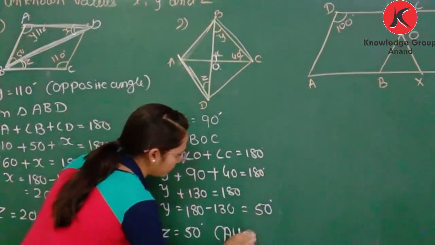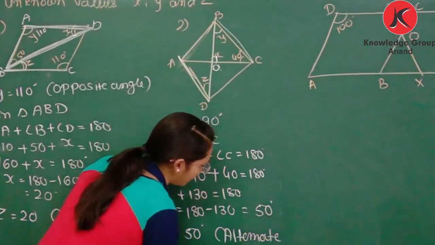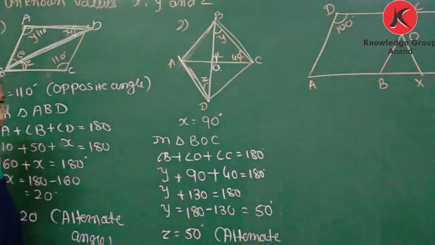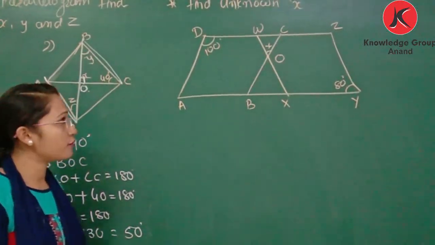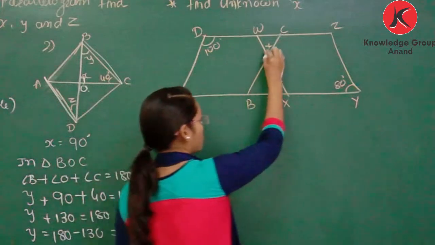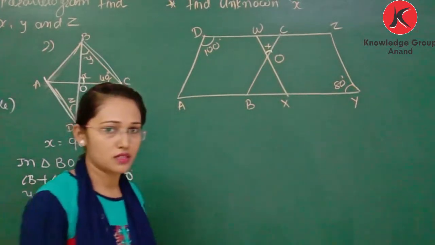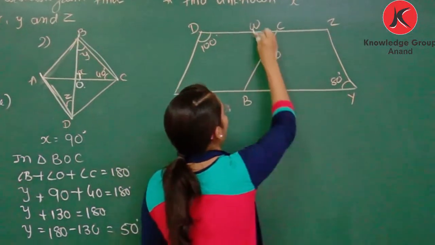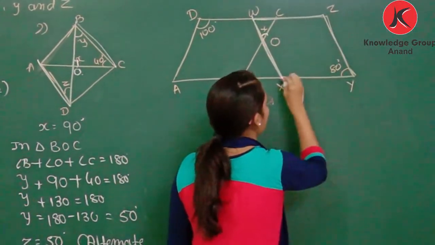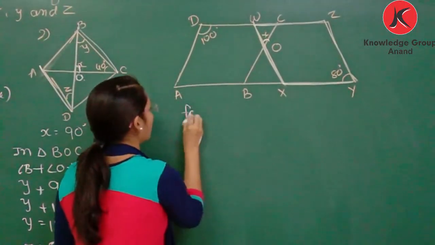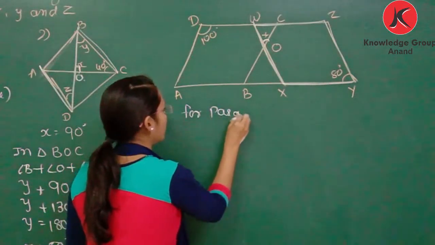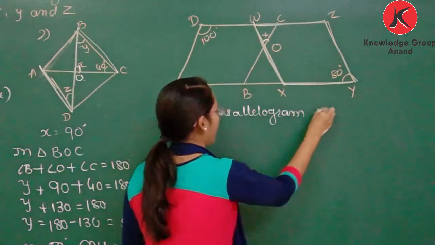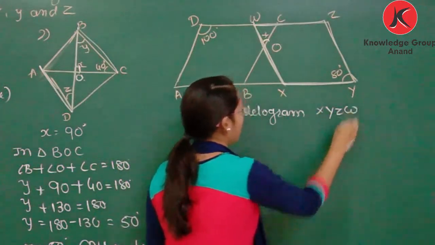Reason: alternate angle. Clear? Now the next one, find the unknown x. We also saw this kind of example in the exercise. So here what we need to do? First consider this parallelogram, that is x, y, z, w. For parallelogram x, y, z, w,